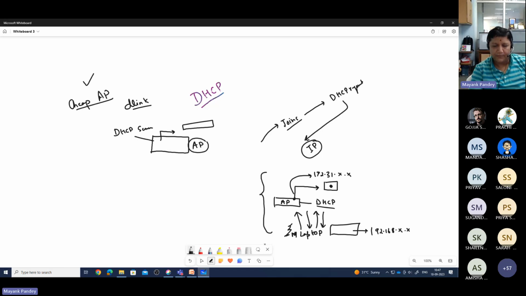Pranav? Priyav? Yes, sir. This is what you do? You take your access point, you connect your LAN cable to the port, IO port of your room. You assign the IP address of your room to this part of the access point. Then you configure your access point and your laptop gets 192.168.x.x. So here the DHCP server is running at your access point. Yes, sir. Now the problem is 192.168 is not valid